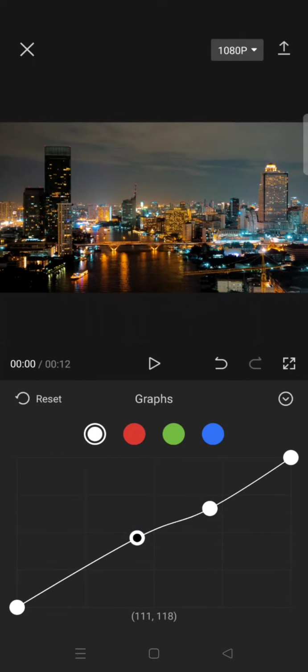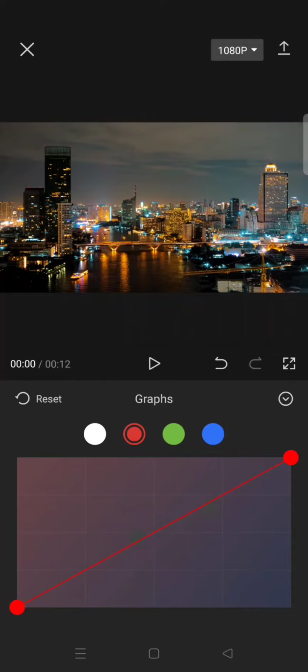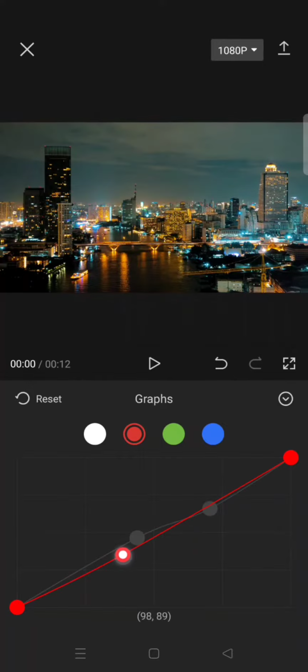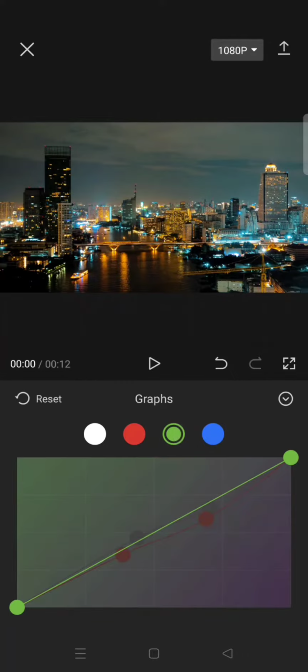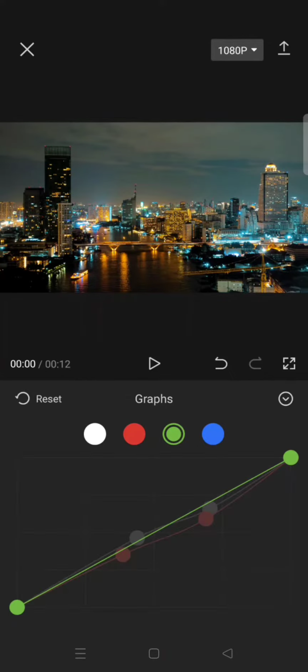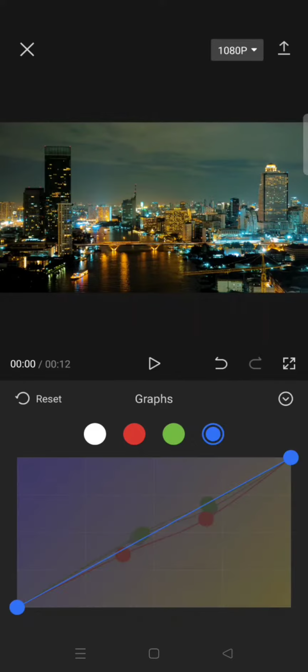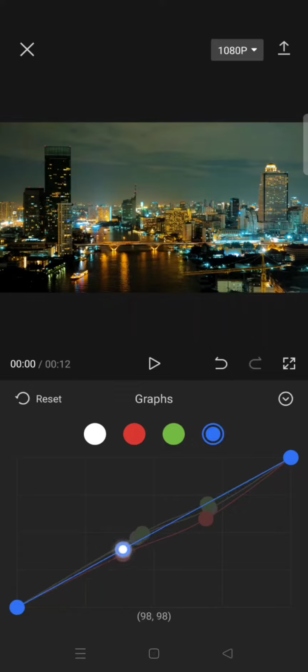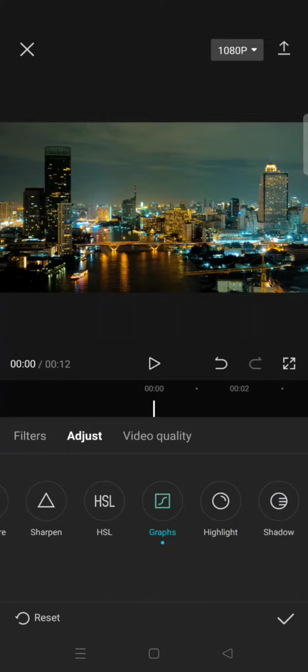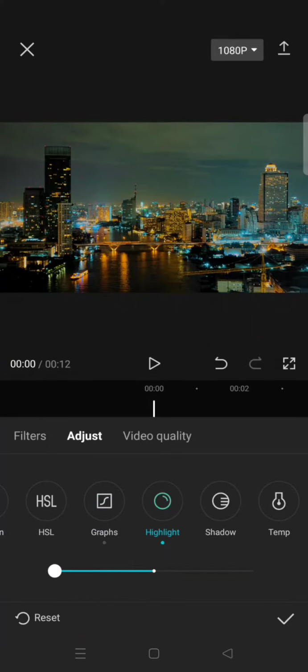Okay, now for the red color, use this curve. Okay, like this. Now on the green color, okay, set it like this. Now on the blue color, the last one, set it like this. Now you can just go back and click on the highlight, lower it to -50, then